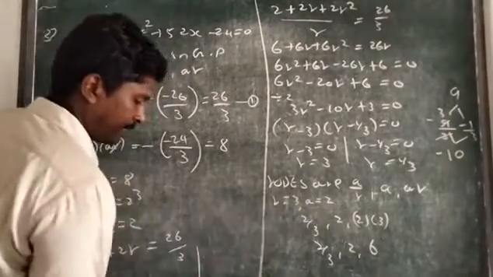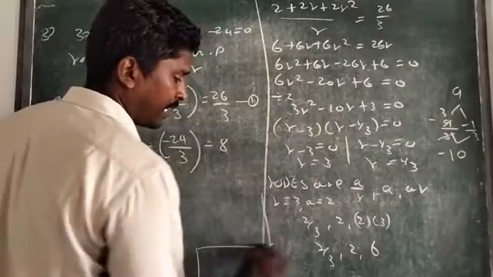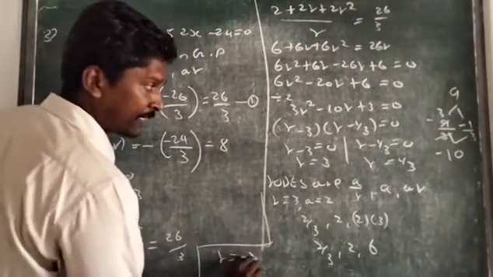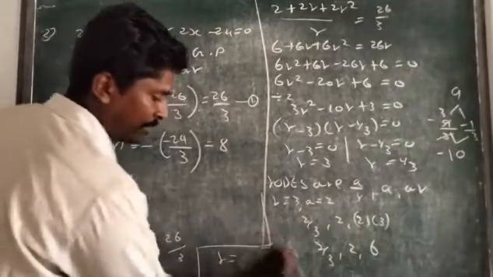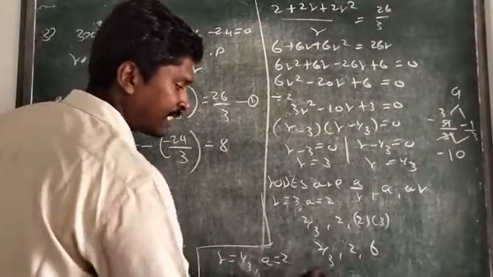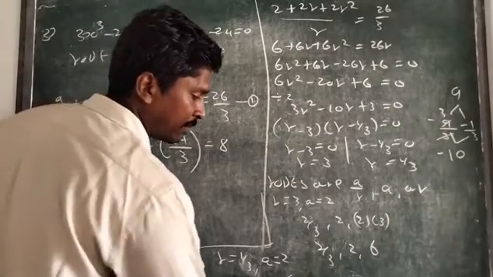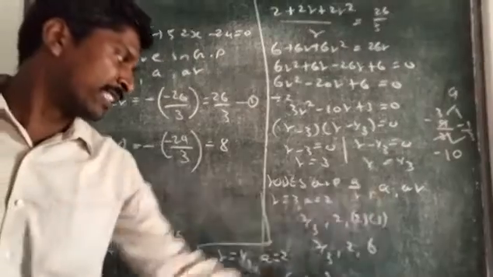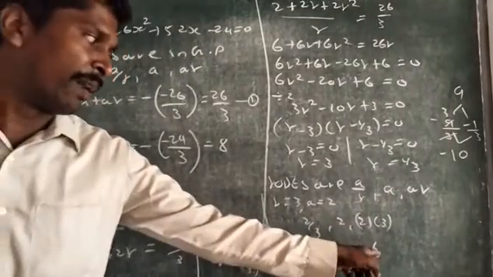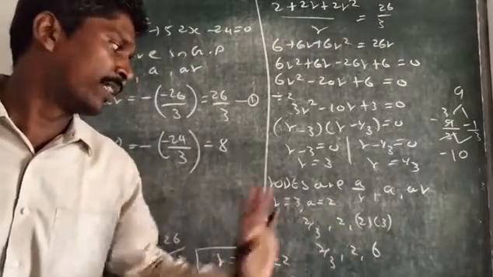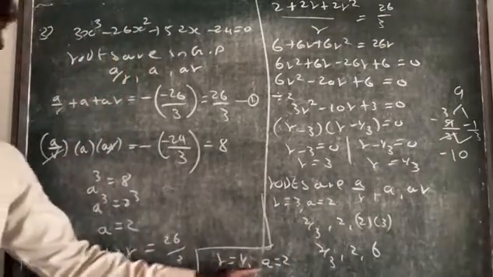Suppose we take r value as 1 by 3 and a value 2 the same. Change and write the values. So it becomes 6, 2, 2 by 3. If you substitute in that also, we get the same answer only. Simply confirm by arranging the terms in reverse: 6, 2, 2 by 3, when r equal to 1 by 3 and a equal to 2.